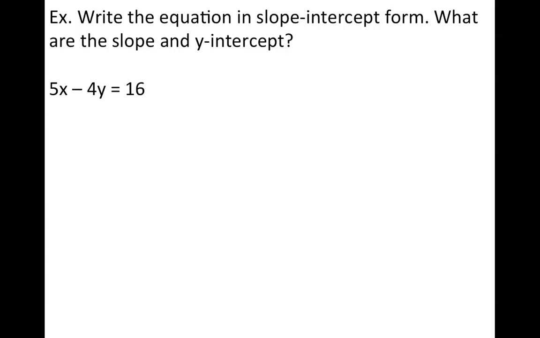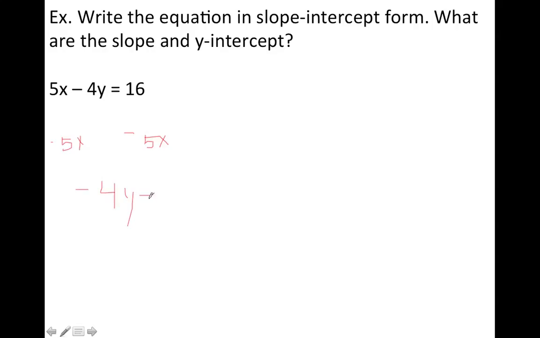In our last example, we have to write an equation in slope-intercept form. Don't forget, slope-intercept form is y equals. So we need to get our y term by itself, which means we add or subtract our x term over. Since it is positive, we subtract it to the other side. So we have minus 5x. Notice how I cannot combine my 16 and negative 5x because 16 does not have an x. So I'm left with negative 4y